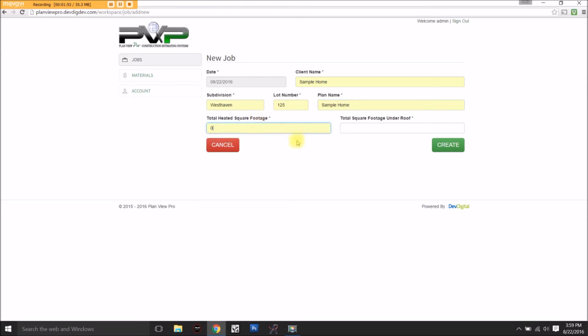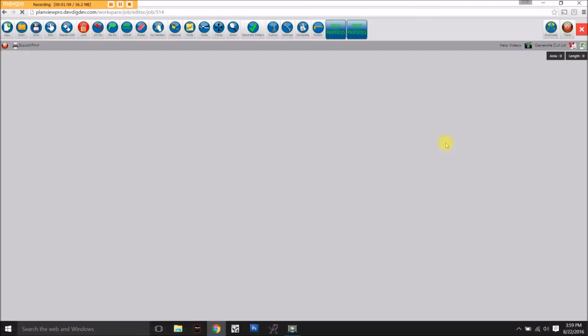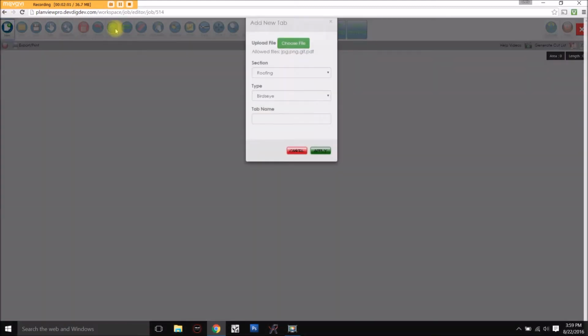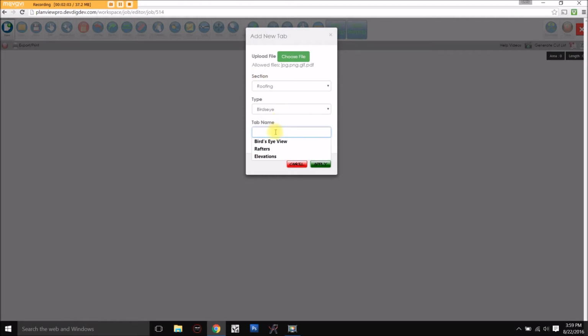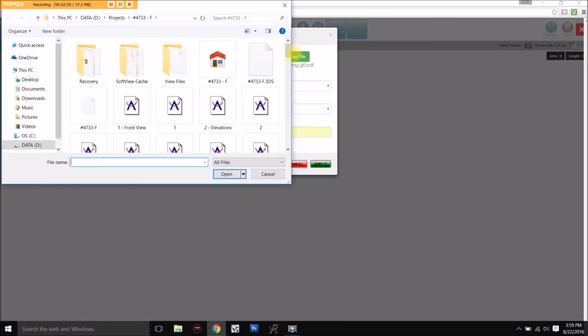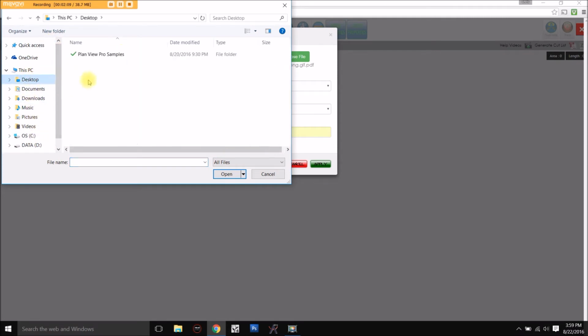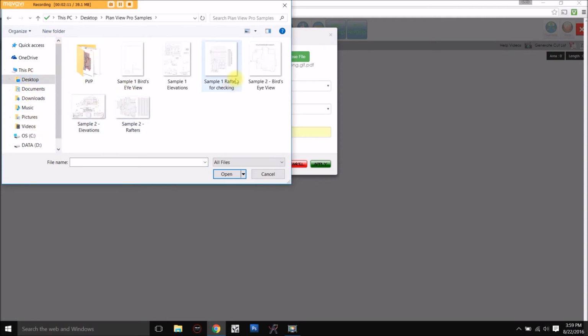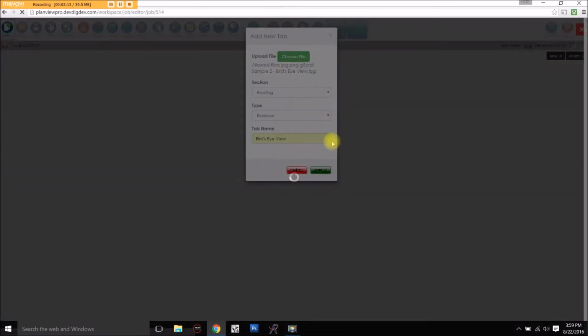And don't worry about the square footage for now. This is here for future development of the software. So once we get that, we hit create, and we'll bring in a new drawing. We're going to bring in the bird's eye view of that home that I just did. And that is a sample 2. You'll bring it in,